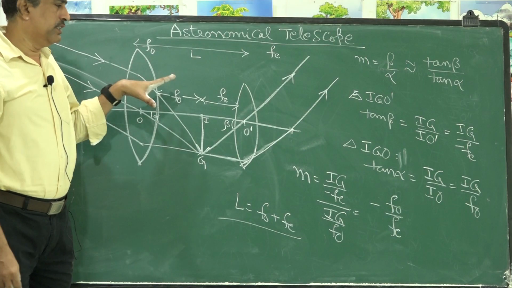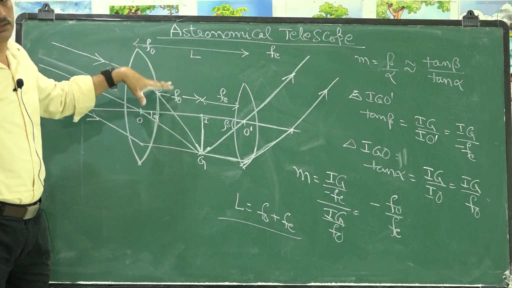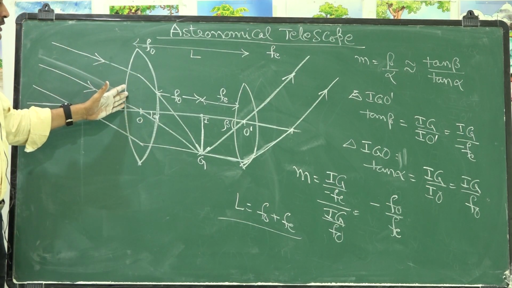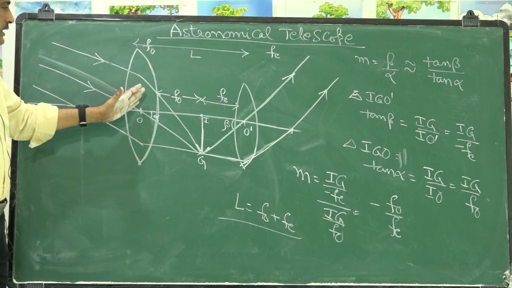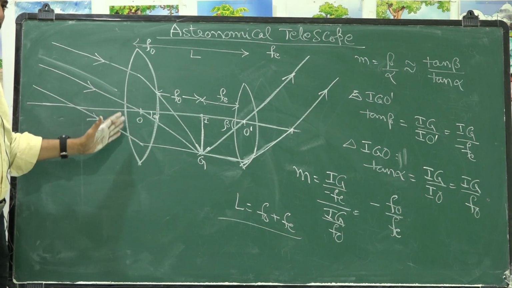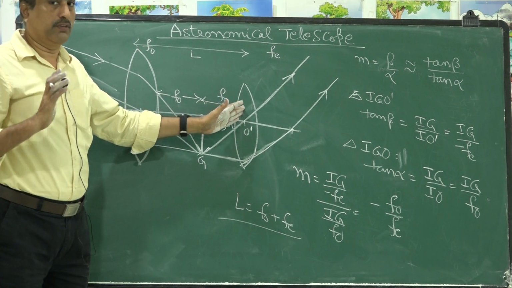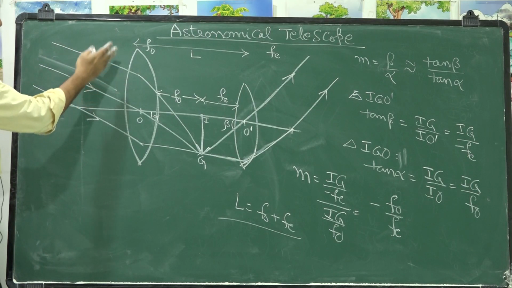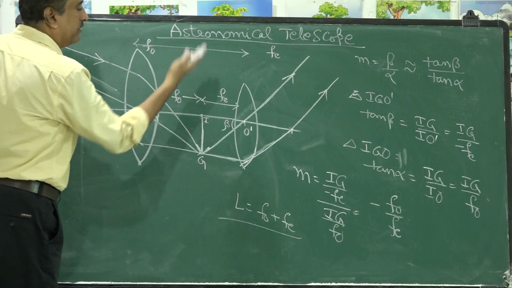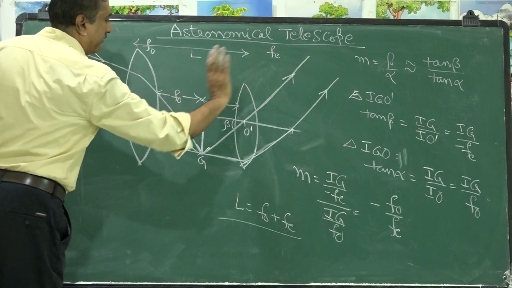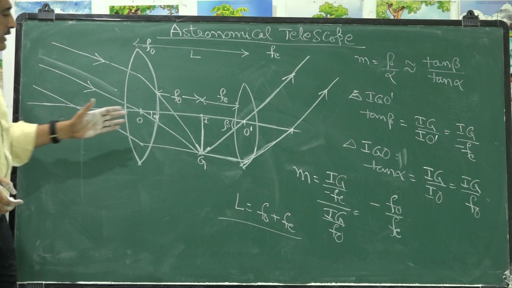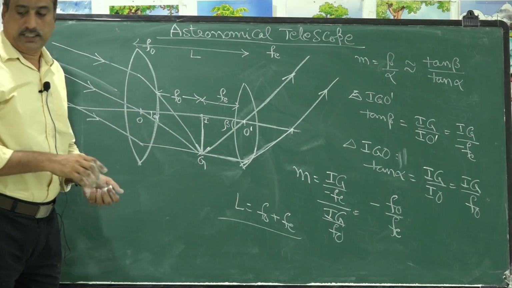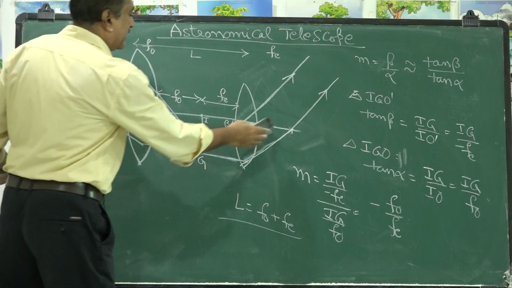So, the working of a telescope is very simple. It consists of two convex lenses, one is the objective and another is the eyepiece. In this astronomical telescope, the objective is of larger focal length and the eyepiece of shorter focal length, and the parallel rays from any distant object are incident on this, which forms an image at its focus, and this image serves as the object for the eyepiece, which gives the image at final. Suppose we want the image to be at the least distance of distinct vision, we have to slightly adjust these two.